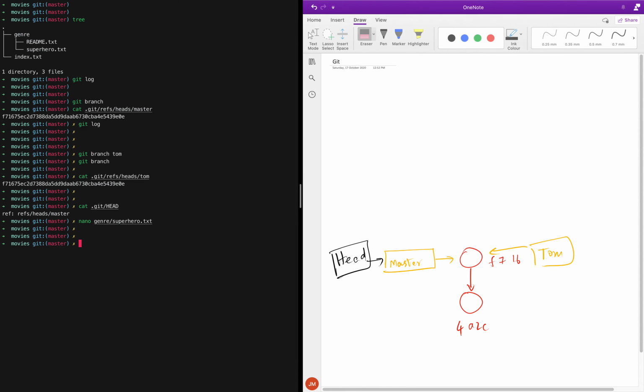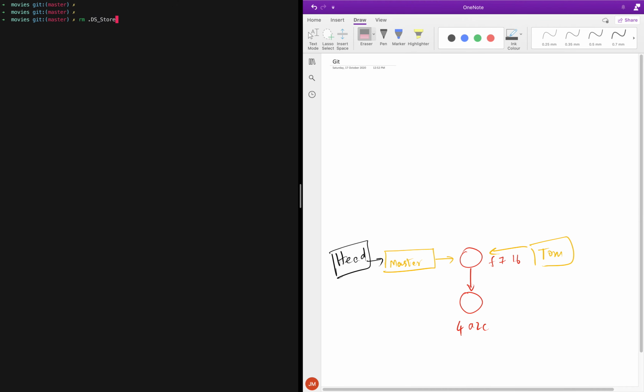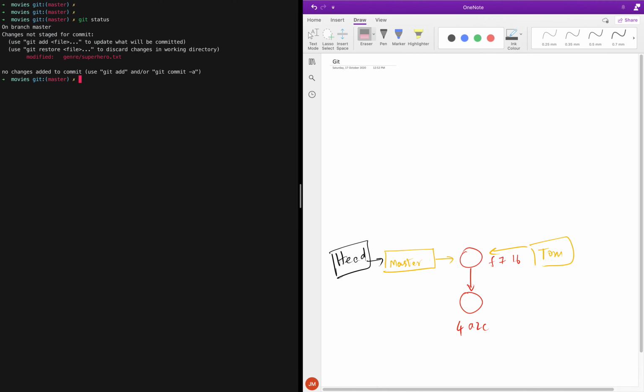There you go. So we have changed this particular file now. We have added Iron Man because that's a movie which I want to watch, so I've added that to my list. As soon as you do this, the next thing to follow is to check git status. There you go. It is telling me that I modified the file, which means I really need to go and add this file, genre superhero, and let's also